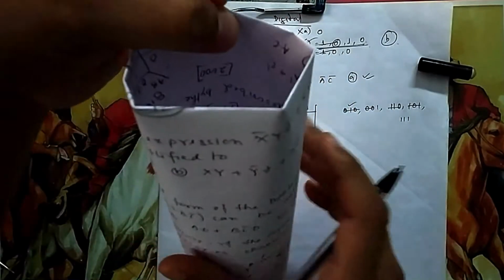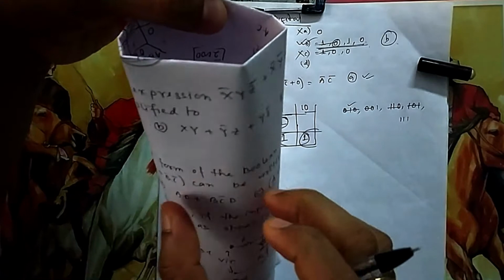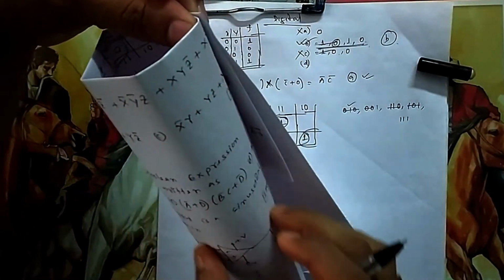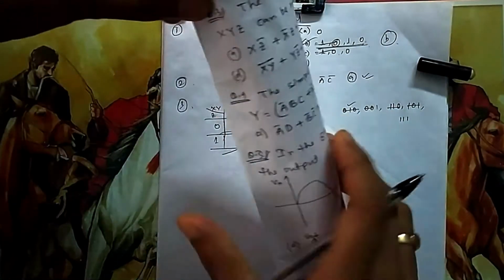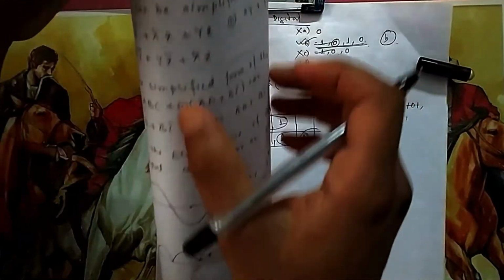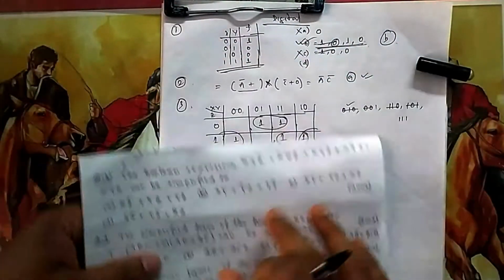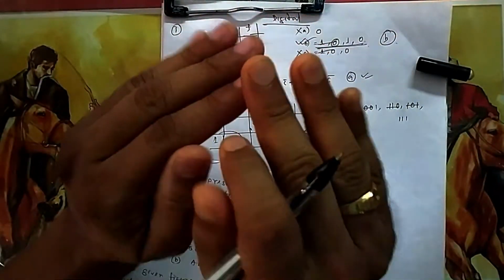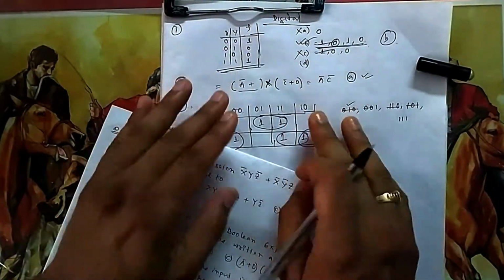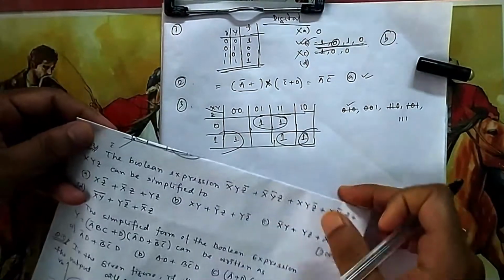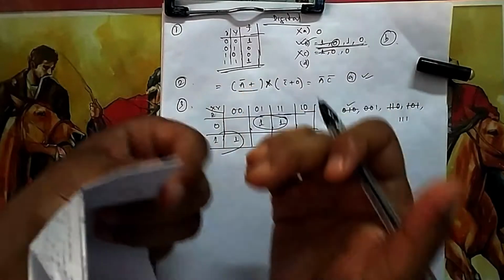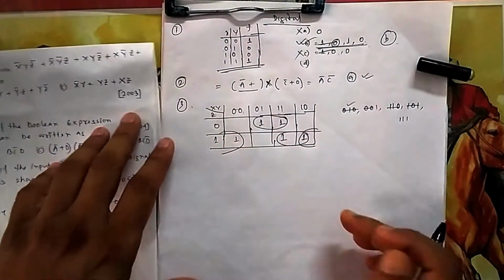This is the K-map. Suppose this line is for 0, 0. So this will be for 0, 1, then 1, 1, then again 1, 0, 0, 0. These will be just touching each other. So they are flat, so again those also make a pair. That's why K-map is not a flat surface, it is a round shape surface. So these and these match. These two ends will also match. Suppose this is 1, 0, this is 0, 0. They will match from behind. So you can find a pair there too.